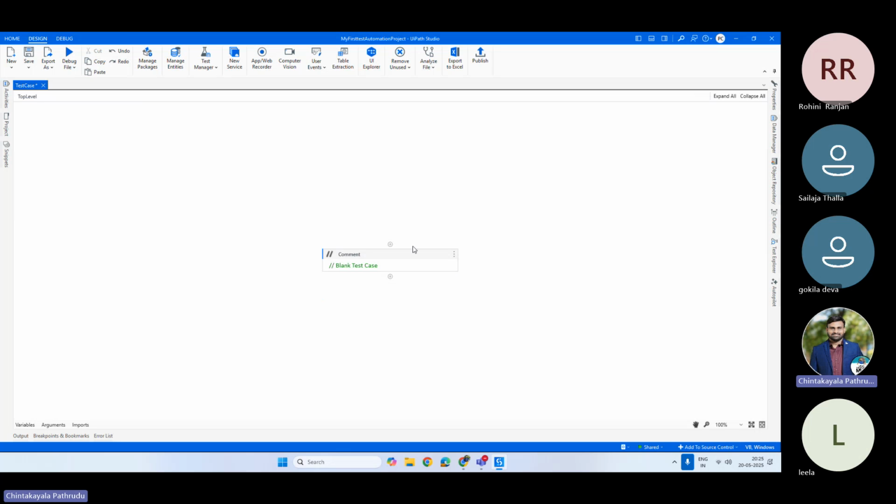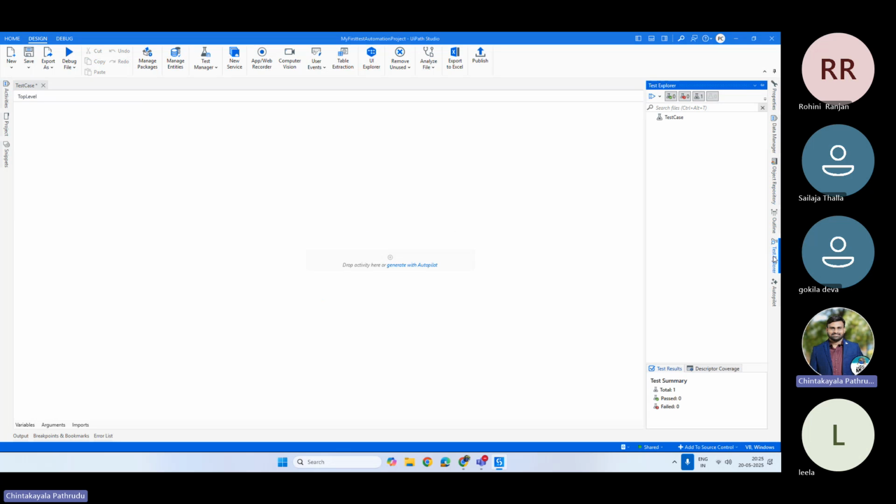This is more on the outline panel. Let me go to the test explorer. This test explorer actually will help you when you are dealing with only the test automation. This is nowhere concerned with the process automation. And whatever test cases we are building, we can see all these test cases under this particular panel,